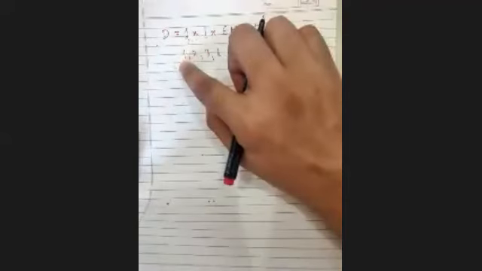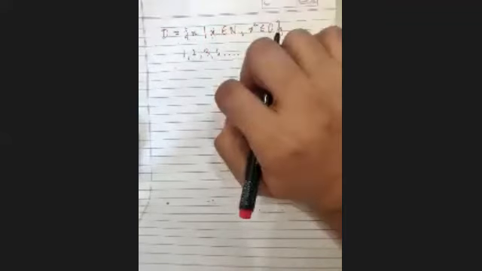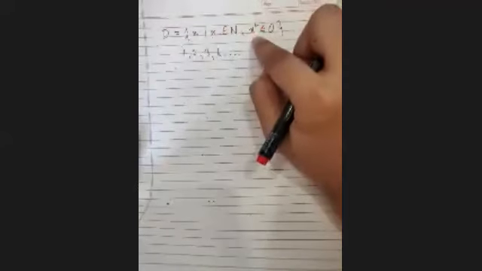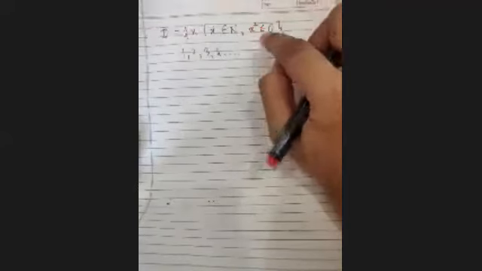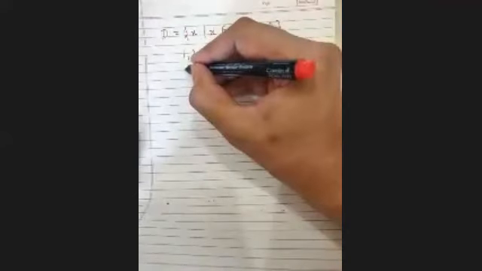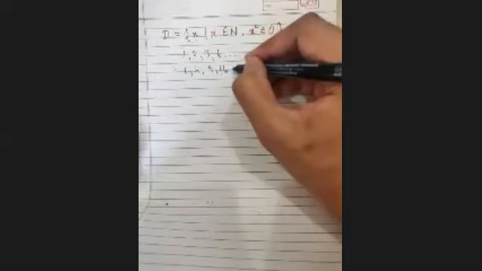For example, what is the square of 1? See, all these are values of X, because they told us X is a natural number. And we need to check whether X square is less than or equal to 0. So X square means its square. What is the square of 1? 1. Square of 2? 4. Square of 3? 9. Square of 4? 16. And this will go on. So tell me, can you see any of them less than or equal to 0? No. Will any 0 or negative come? No.